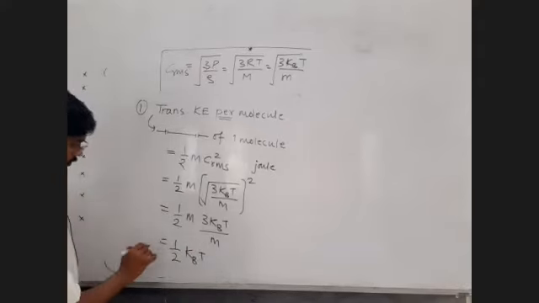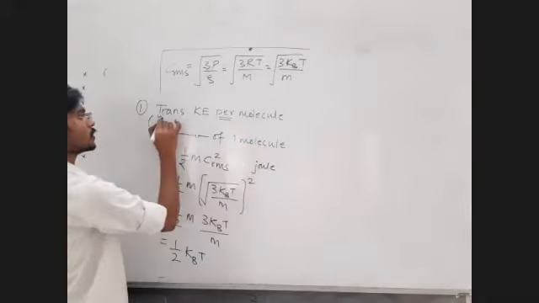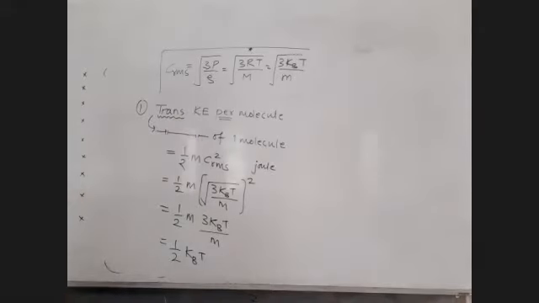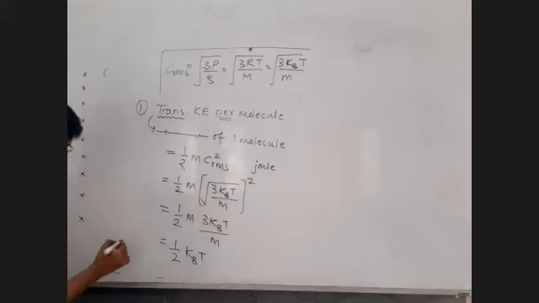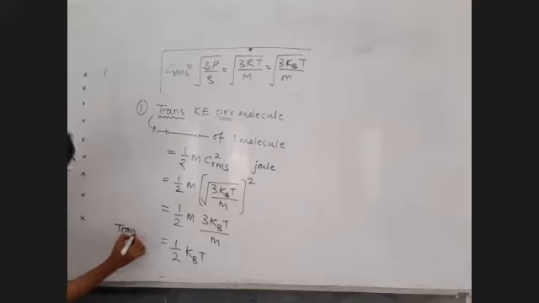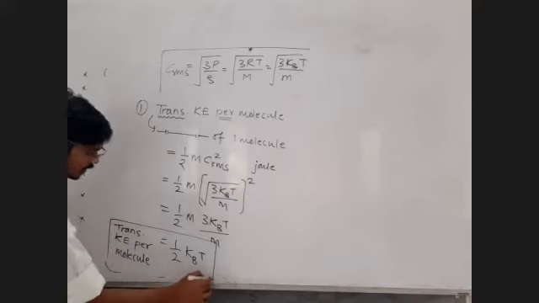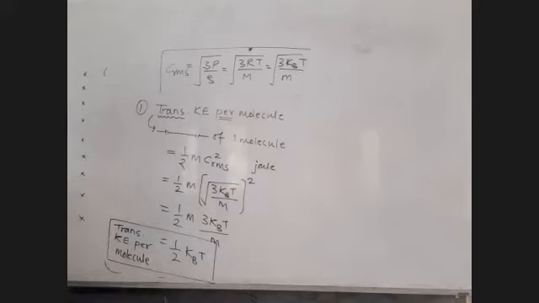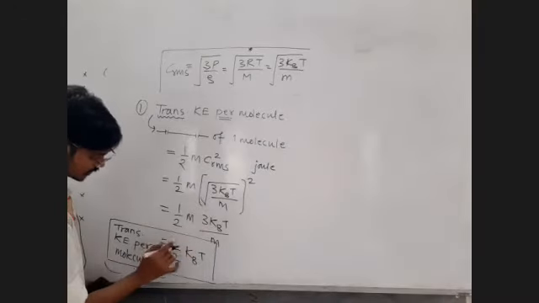This is the translational kinetic energy per molecule, or translational kinetic energy of a single molecule. Here we are dealing with only translational kinetic energy. Write down along with me. Translational kinetic energy per molecule. Now this translational kinetic energy per molecule is independent of the mass of the molecule. 3/2, sorry, my mistake. So this m cancels. This 3 I shall write here.